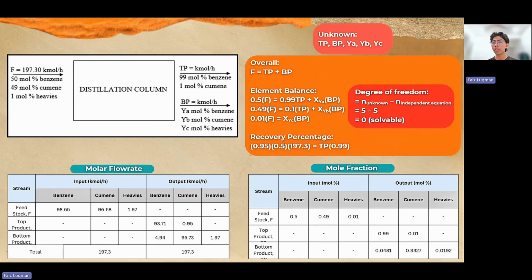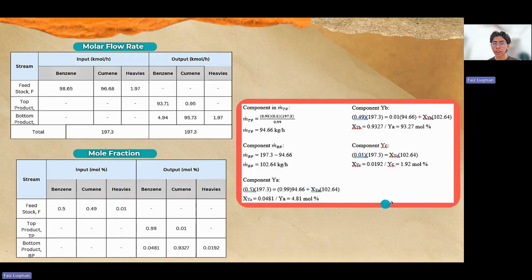So by using the degree of freedom, the unknown minus the independent equations, so 5 minus 5, we will get 0, which means that this system is solvable. So with that, we can obtain the molar flow rate and also the mole fraction based on the values given. In this next slide, on the right side of the slide are the calculations